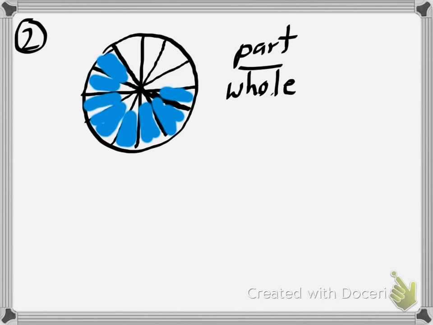So, the part that we have that's shaded is 1, 2, 3, 4, 5, 6, 7, and 8. We have 8 shaded, and the whole for this is going to be all of them, and that's 9, 10, 11, 12. So it's 8 out of 12